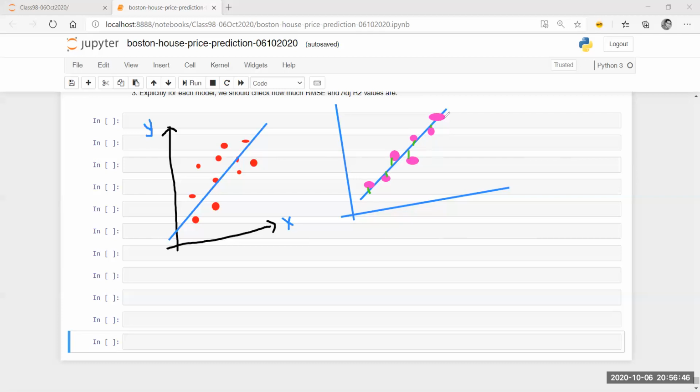Hence my mean squared error or sum of squared errors or R square value will be very, very close to 1. Let's say in this case, R square value is close to 0.9, right? R square value can be in the range of, as I have already told you, 0 to 1. The closer it is to 1, usually we think the better the model is. Okay, now you are going to challenge that kind of statement.